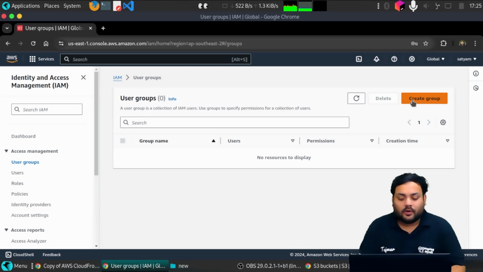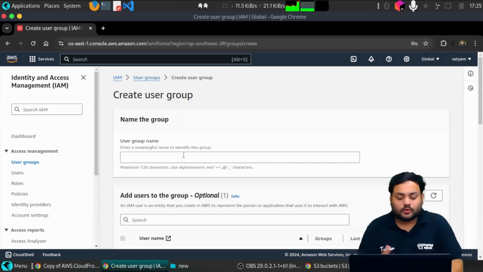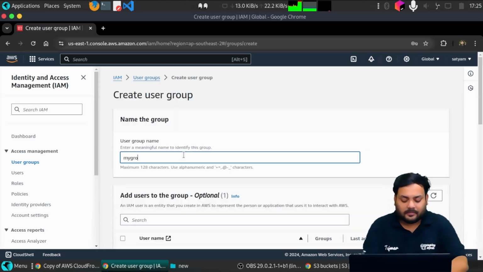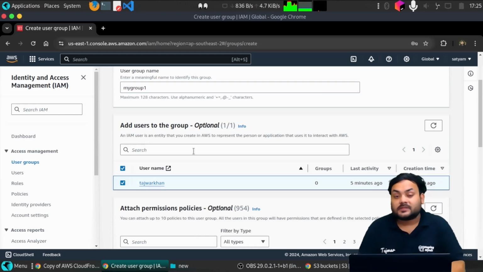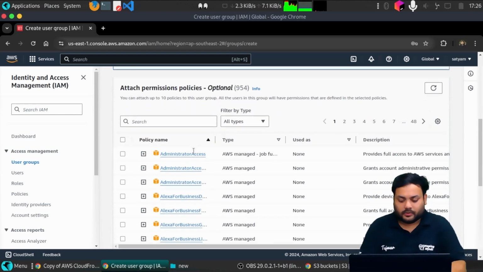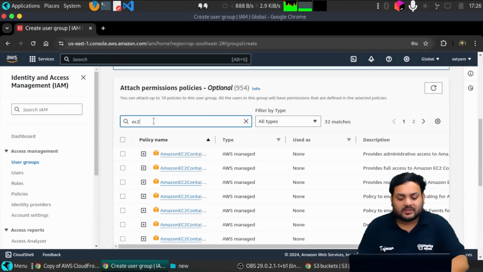Now let's create a group. I'm giving the name "my group one". Here we have only one user, so you can add this user to this group. From now onwards, this user will be part of this group. Now it is asking what kind of permission you want to give. I'm saying my user should have the permission of